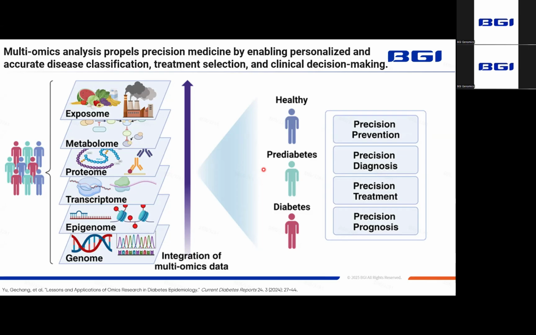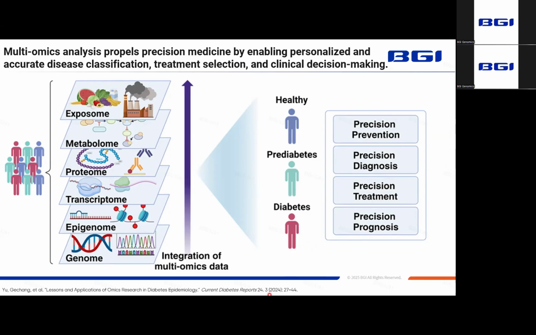Researchers are trying to integrate as much data as possible for genome, transcriptome, proteome, and metabolome from healthy and pre-disease or disease groups of people, from which data to further make precision prevention, diagnosis, treatment, and